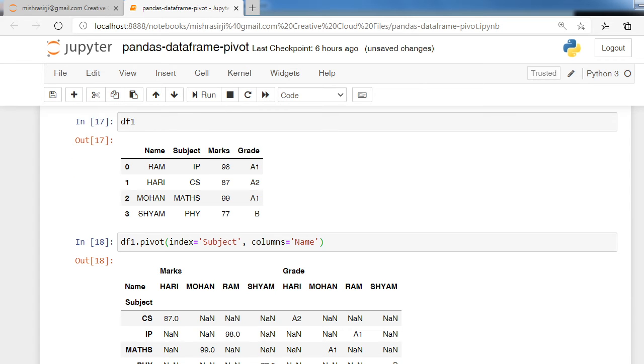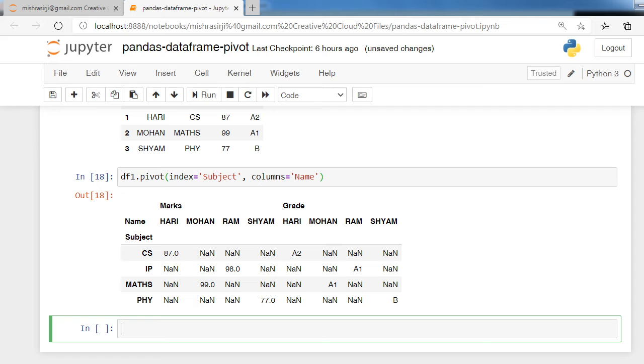So you can see the name column became the columns of the new data frame, and the subject column became the index for the new data frame.